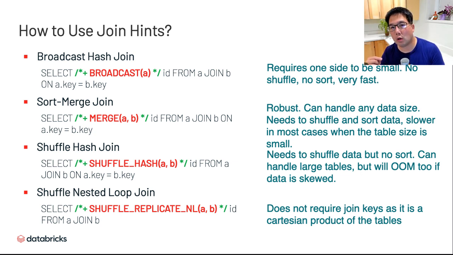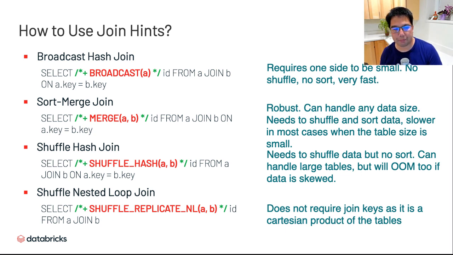if your data is skewed, you're going to typically run into out of memory errors, because don't forget, the sorting itself helps us identify the skews, and because we have dynamic skew joining as part of AQE, we can automatically take care of that. But if you explicitly say shuffle hash, you're basically giving a hint to tell Spark that it doesn't need to worry about the sorting, and then if you've got skew data, you're going to hit those out of memory